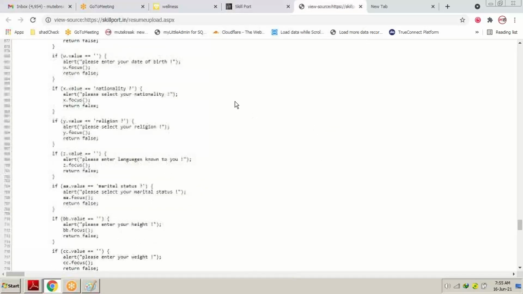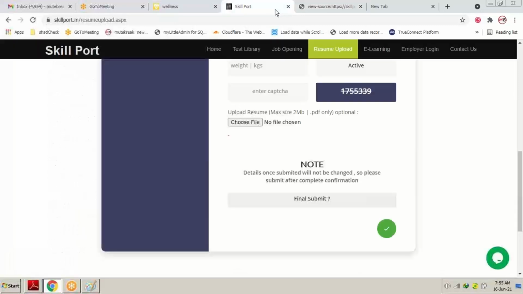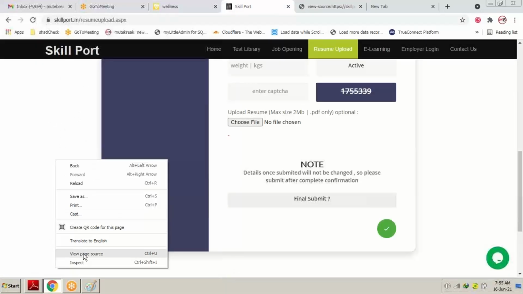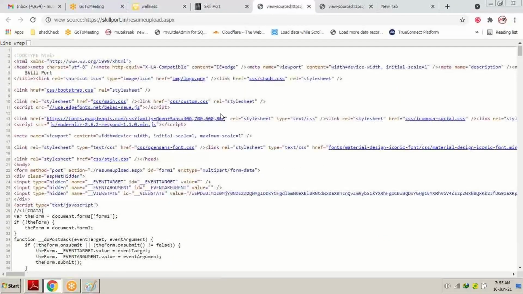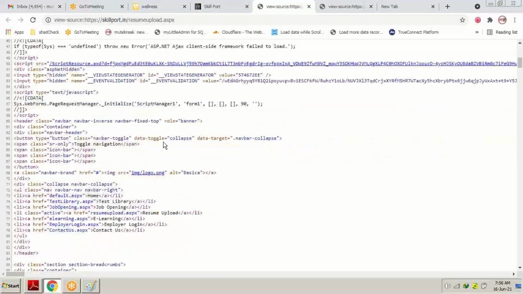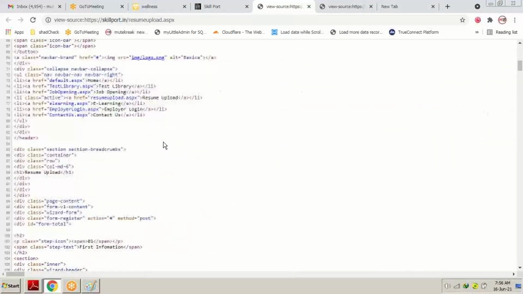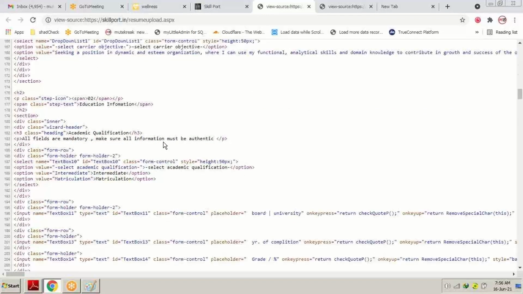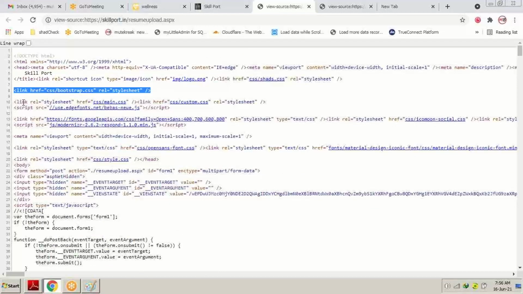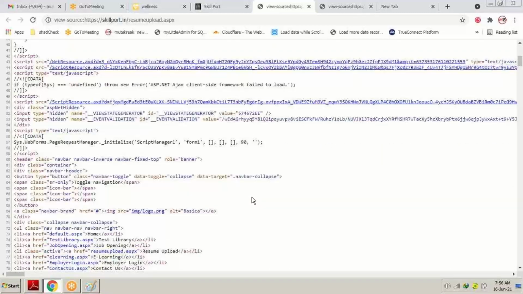If you right click on the page and go to web page source, the entire page opens and you're going to see the HTML part, how it has been designed, the JavaScript part, how it has been written, the calling of Bootstrap, and the calling of CSS, the CSS files used in this page to design and validate it.